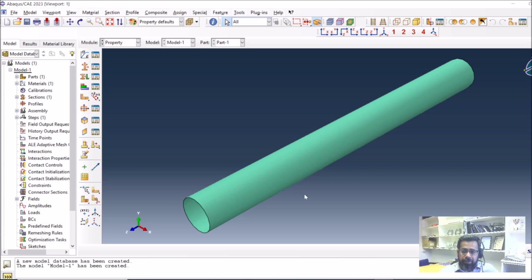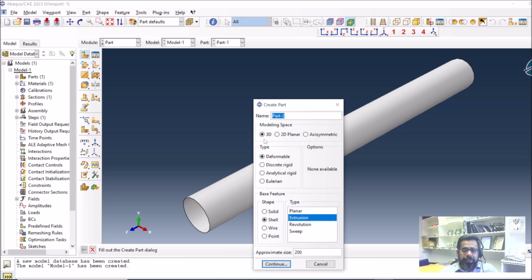the soil, which is the base of this model. So I will again go back to the part, create. Again, you can model the soil as a rectangular shell, a rigid body, and also a deformable body, depending on what is required. In the present case, I'm gonna go with, I would say, analytical rigid, an extruded shell, and